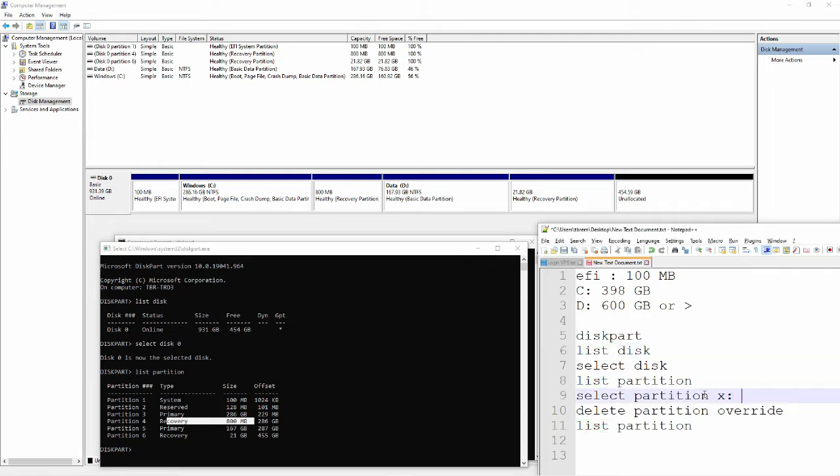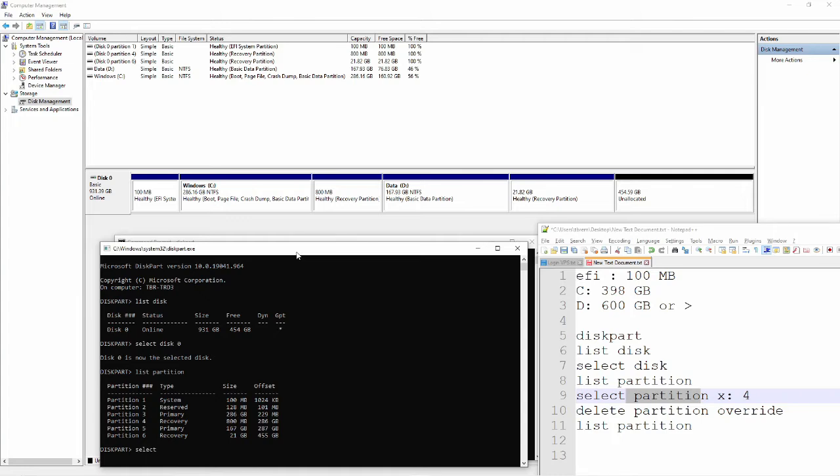Then partition 5, declared as primary, 167 gigabytes, is this. This is the D drive that I also want to delete. And then partition 6, recovery, 21 gigabytes, that I see here on the unallocated space, is not displayed. So I'm going first to take partition number 4, this one, of 800 megabytes. So let's do it.